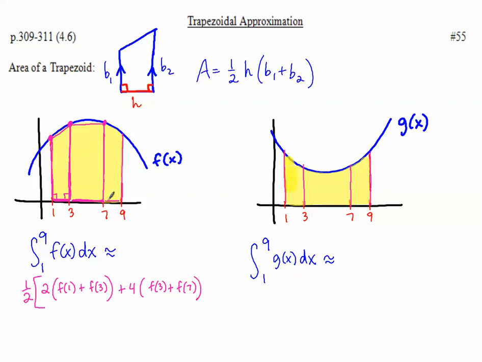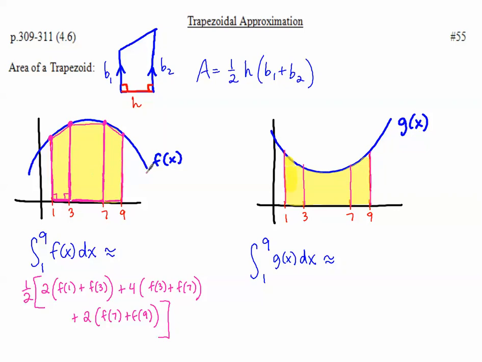And then my last little interval is again 2 units apart. So let's see, where do we have some room? Plus the height times plugging in 7 to go up on the left, plugging in 9 to go up on the right, connecting them. So f of 7 plus f of 9. And that was my last trapezoid. I've got 1, 2, 3 trapezoids, 1, 2, 3 areas. Now we compute that and we get a value, but what I want you to see the most is